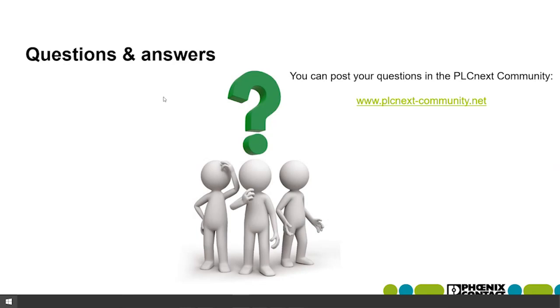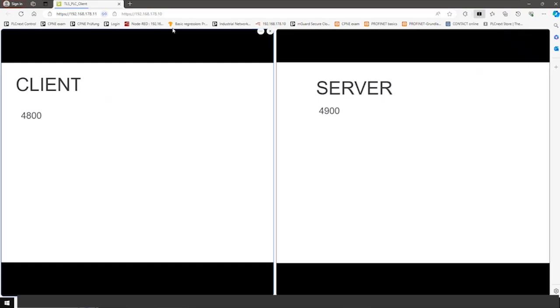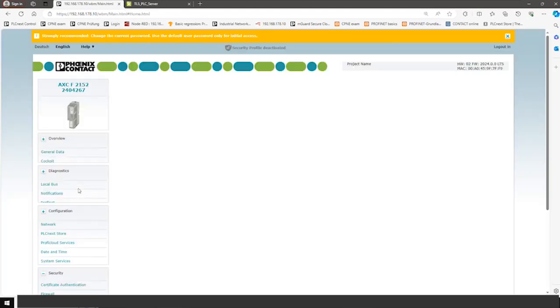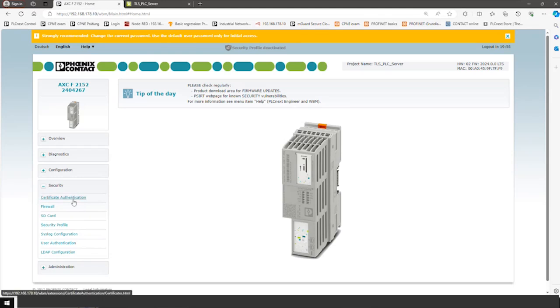Hello, Stefan. I have a question. Is it possible to use the same certificate for different communications, like HTTPS and OPC UA, or do you need? Okay. Now you can use the same. So for OPC UA, I needed a different certificate in this case. Sorry, let me just go back to the web-based manual. So in this case, I used for OPC a different certificate. Actually, you could use the same certificate, I would say, but then you have to replace it.